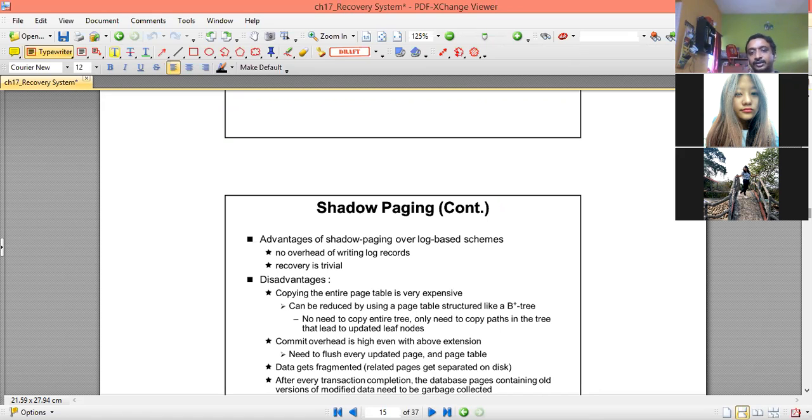That can be reduced by using the B+ tree, where instead of flushing the entire current page table, only the leaf nodes of the B+ tree where the transaction has updated some values will be copied or flushed to the stable storage.